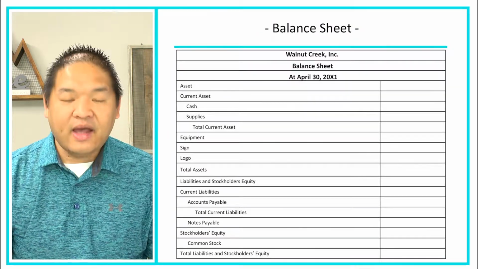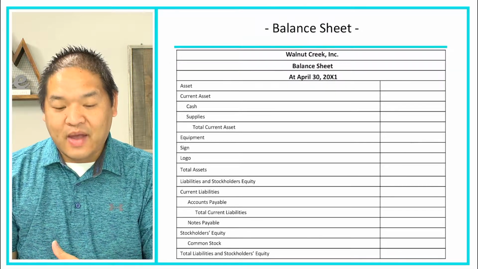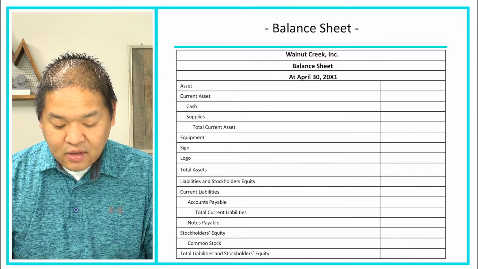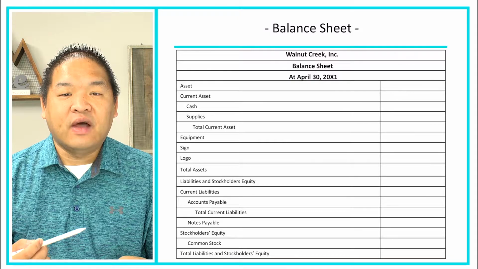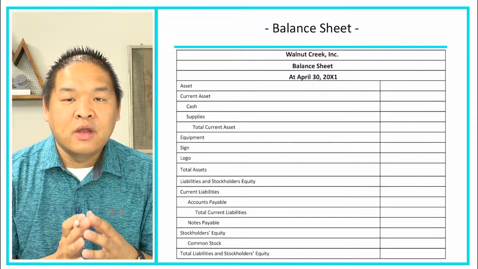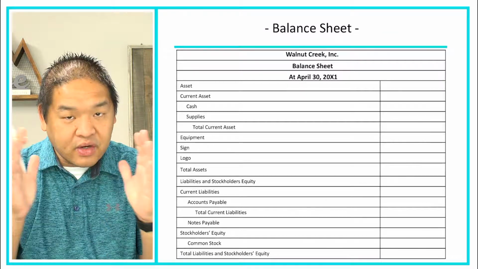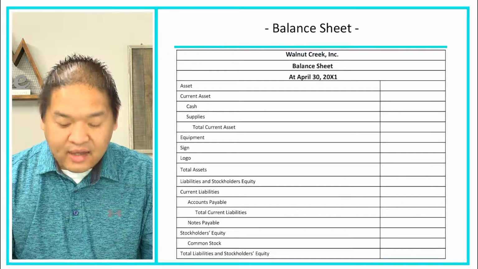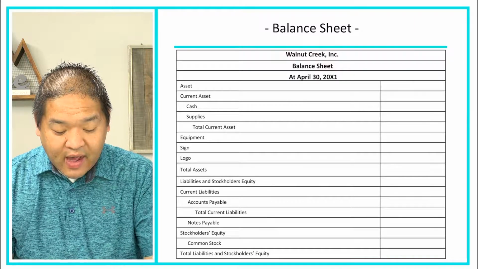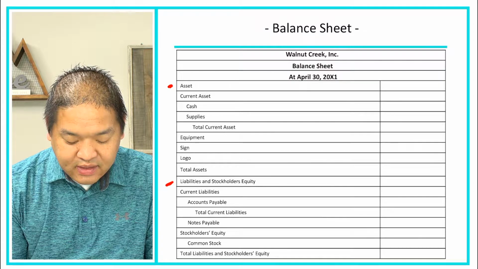So here's the balance sheet. Now I've made it a little bit easier. I've given you all the accounts here. All we're going to do is the amount. If you notice here, we've got the who, the what, and the when at the very top: Walnut Creek Inc., Balance sheet as of April 30th, 20x1. Remember, a balance sheet is a point in time rather than a period in time. Therefore, we're going to put a date at the top rather than a period of time. All right, so notice here we've got our assets here, we've got our liabilities and stockholders' equity here,